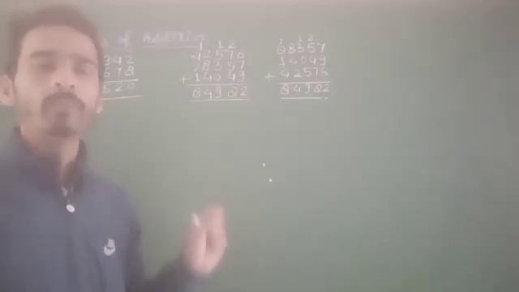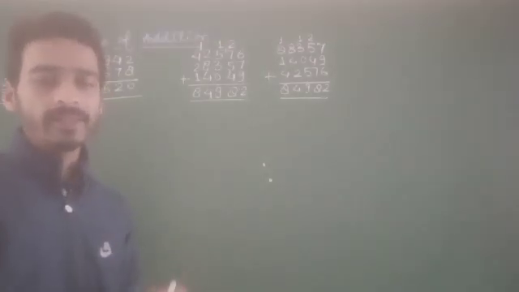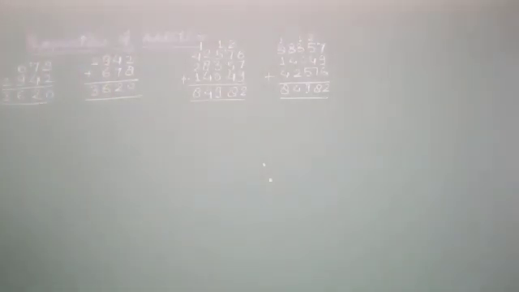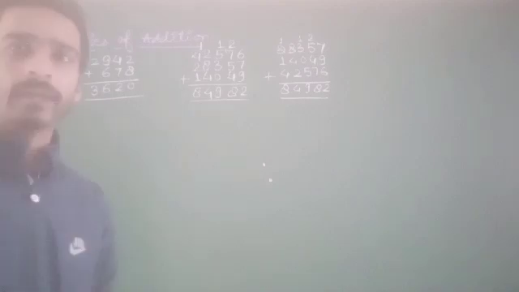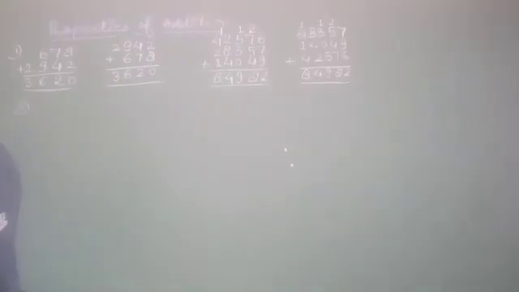Okay, now come to the second property. The second property of addition is when 1 is added to a number. When 1 is added to a number, the sum is the successor of the number. You can see here that